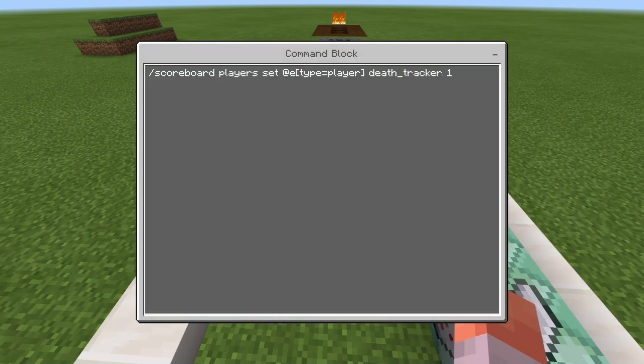Then this one, what this is doing is scoreboard players set @e[type=player] death tracker 1. So that's keeping all players' score at 1. Now you may or may not know, this is different. I haven't used @a at all. The reason why I haven't used @a is that